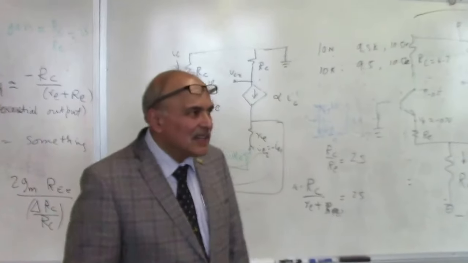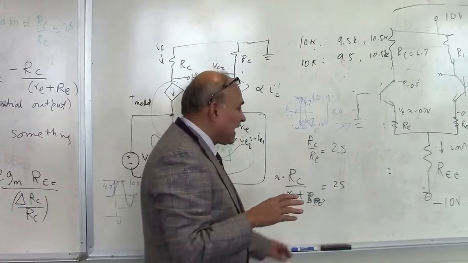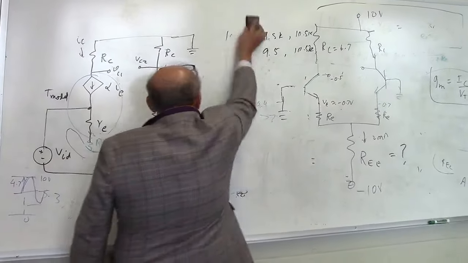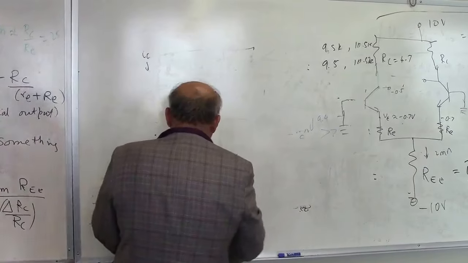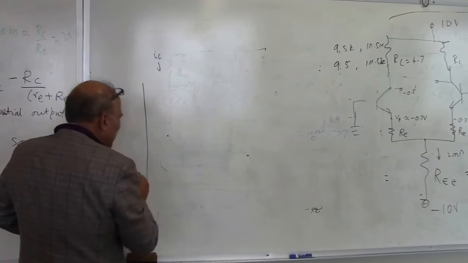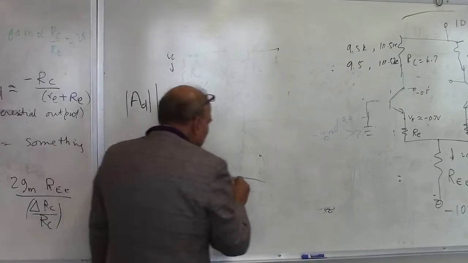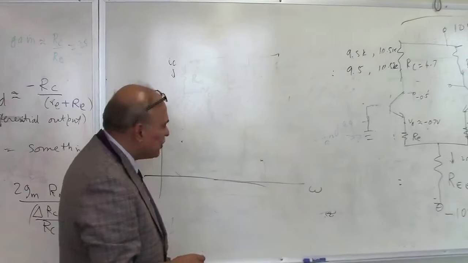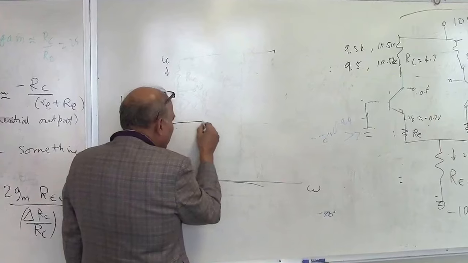All right, ladies and gentlemen, one thing I forgot. You're required also to plot the bandwidth of your circuit. What bandwidth means is, if you plot the gain, let's say this is the difference mode gain AD. I'm not sure whether it asks you for the single-sided one or the double-sided one. So take its magnitude and change the applied frequency with your signal generator. And you will find, I think in this particular case, that at very high frequencies your gain